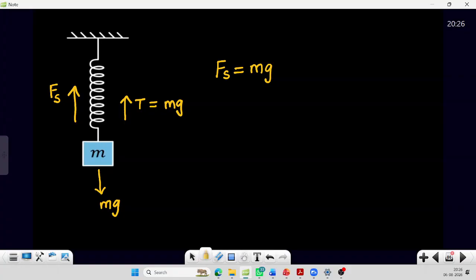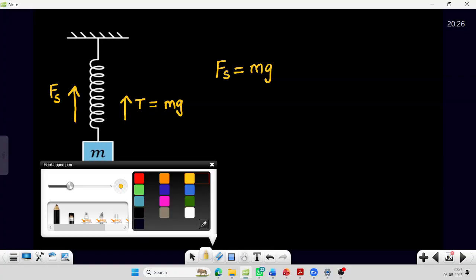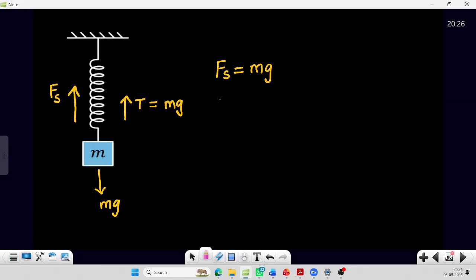And the spring force we know. How much is the spring force, tell me now? The spring force formula, Fs, is equal to how much? K into x. Fs is equal to K into x. So that should be equal to what we can say now? M into g. Where x is the